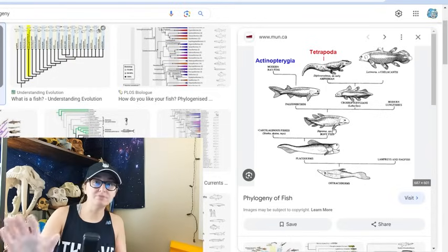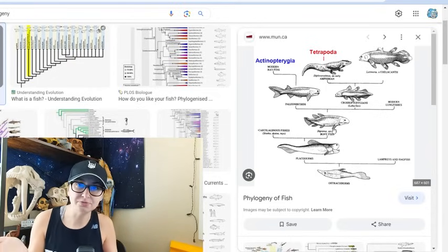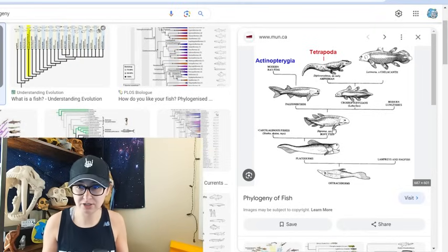So in this sense, we are fish, but fish isn't really a real term, right? We're actually sarcopterygians and osteichthyans and things of that nature. What I'm trying to say is that grades are super useful colloquially, but with regard to their application to phylogenetics,